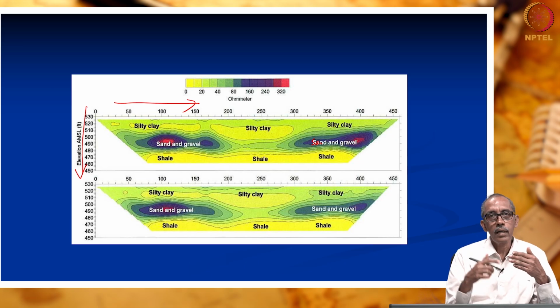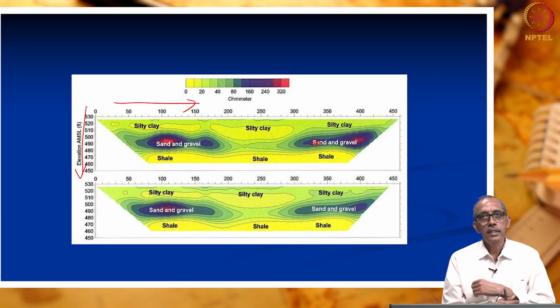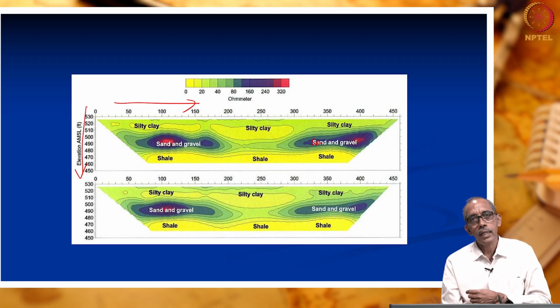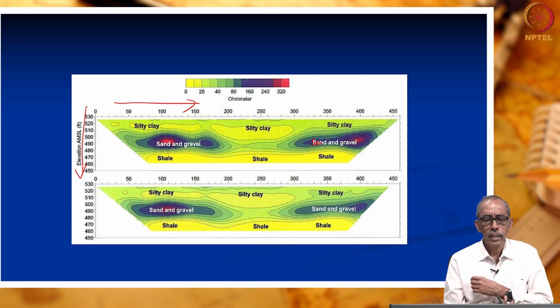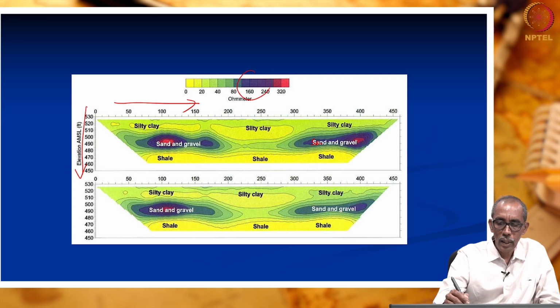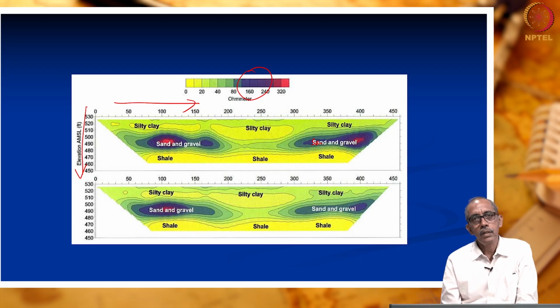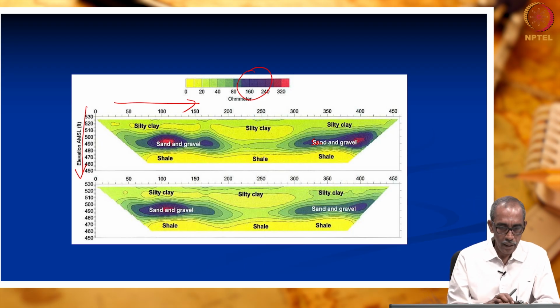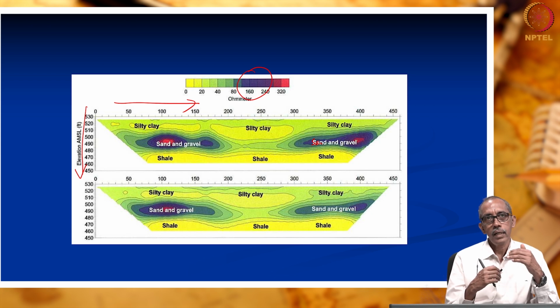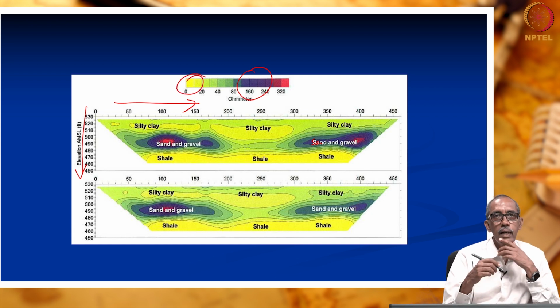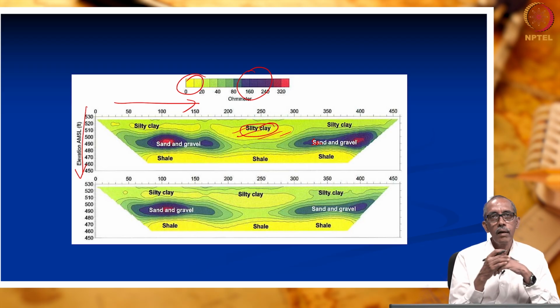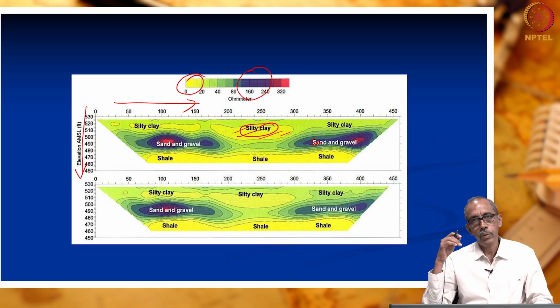We have got only the cross section as you see here in green shades, but the words inside are written by us by interpreting tentatively. Dark color, blue, indicates the resistivity is comparatively higher. So, when the resistivity is higher, most probably they are sand or gravel. When the resistivity is very low, light green, yellowish green color, most probably they are of clay or silty clay type. This is how we carry on with the interpretation of the 3D resistivity tomogram.